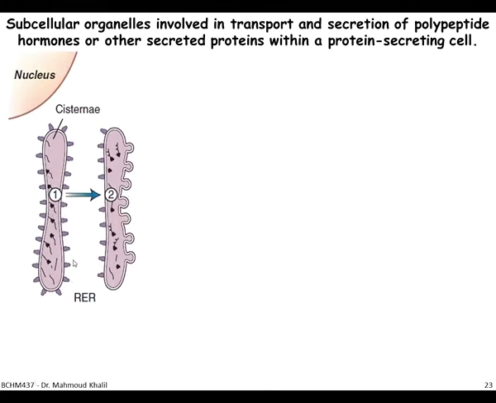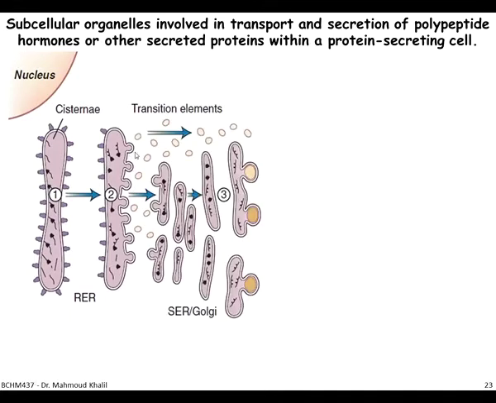So in this rough endoplasmic reticulum, once the proteins are loose inside it, a secretory vesicle starts to evaginate, and this secretory vesicle will start moving toward the smooth endoplasmic reticulum and Golgi apparatus. And you need to understand that in this transition state, the function of the Golgi complex is to sort and package, and form the secretory vesicle.